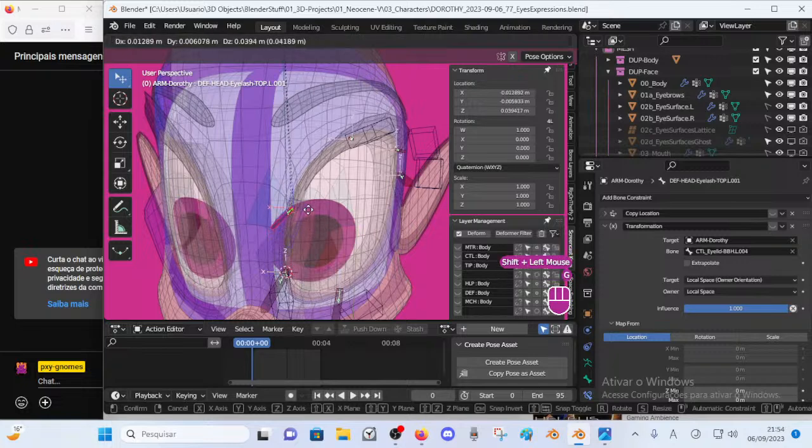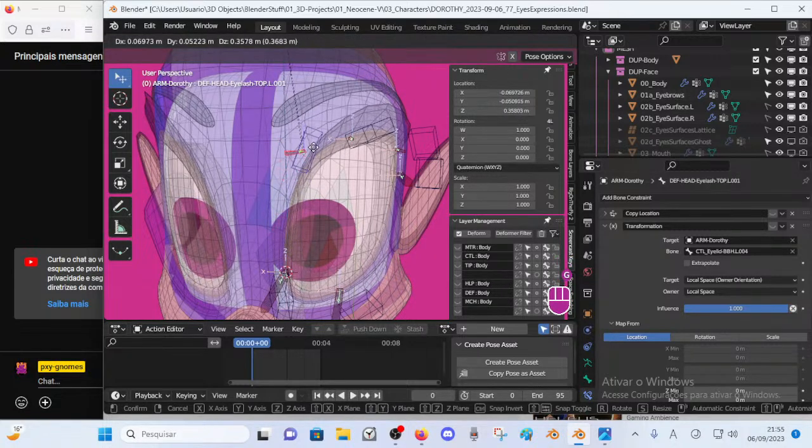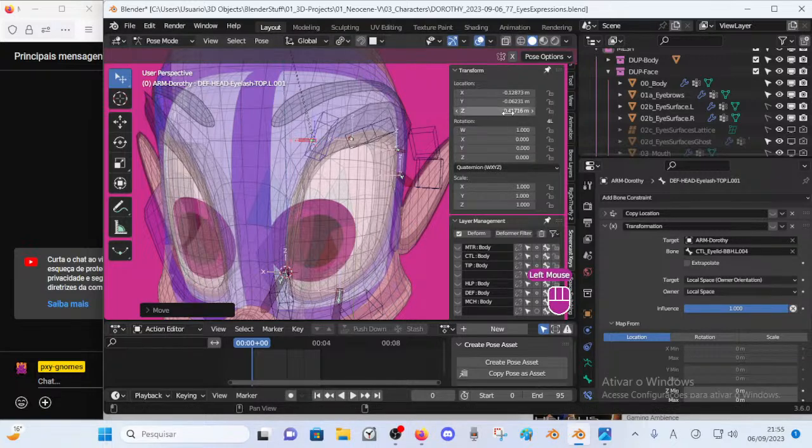So I'll pick them both, simulating the copy location, and I want to see up to which position I would like to have this at maximum. Maybe like this. So this will be z-axis 0.41, 0.40, right? I mean 0.4 for this bone. So let's pick this thing.